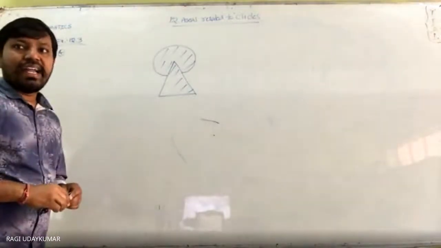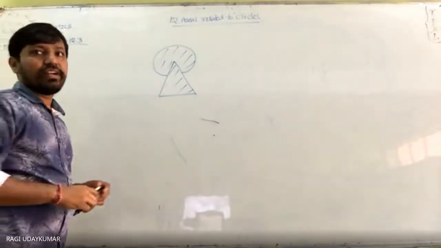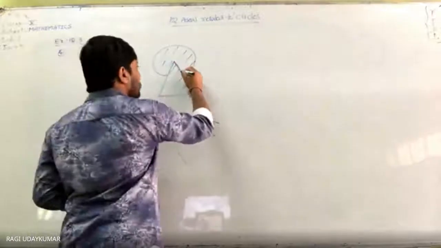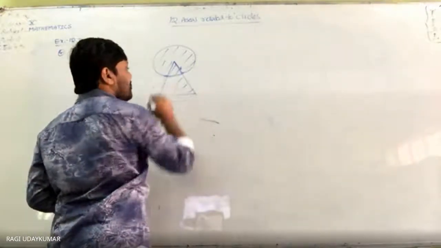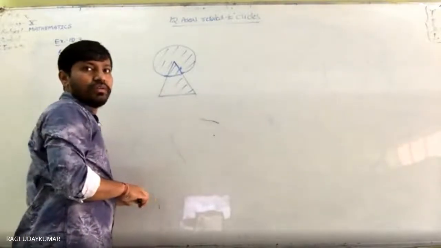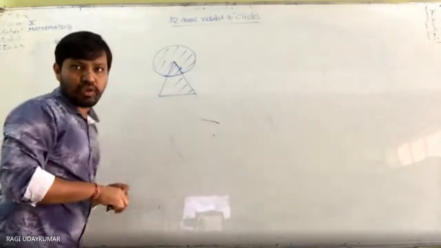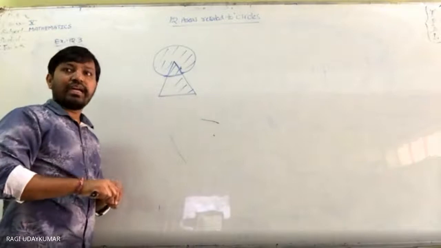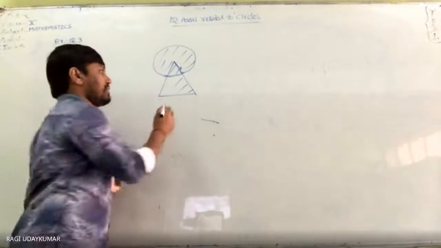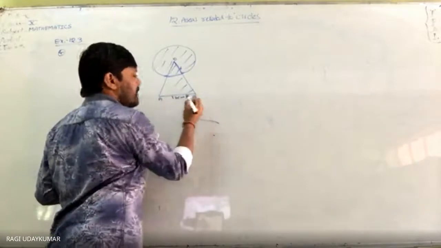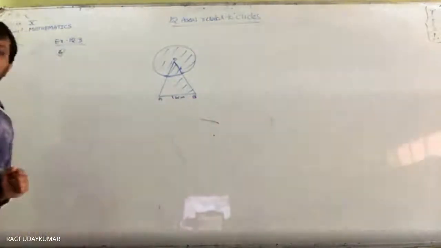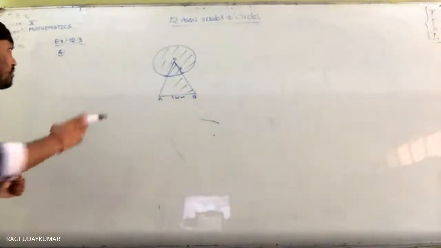And the radius of the circle is given to you, 6 centimeters. So this is the radius of the circle. You can complete the circle. This is 6 centimeters given to you. A circle of 6 centimeters radius has been drawn at the vertex of the equilateral triangle OAB of side 12 centimeters. OAB is an equilateral triangle, 12 centimeters. So this problem, I will explain.